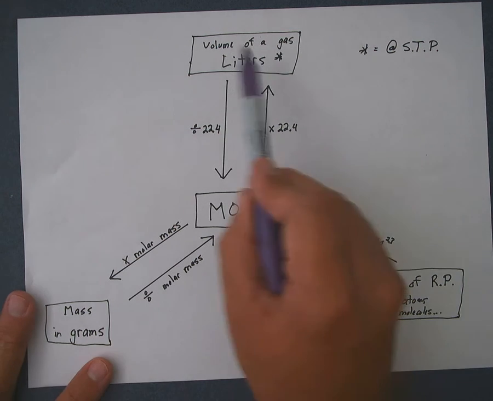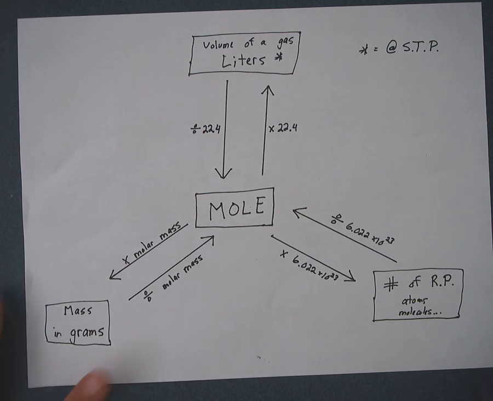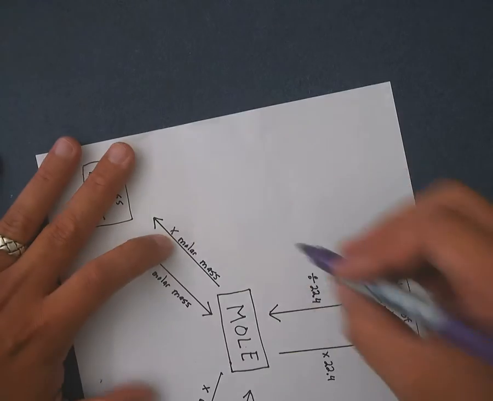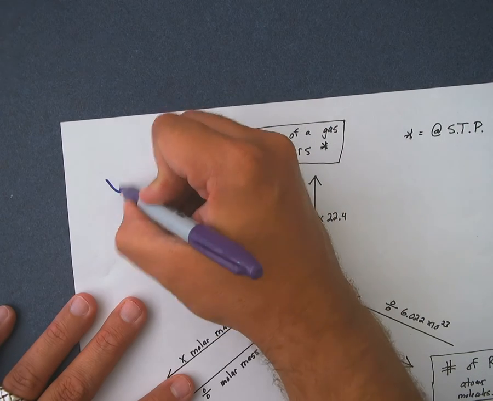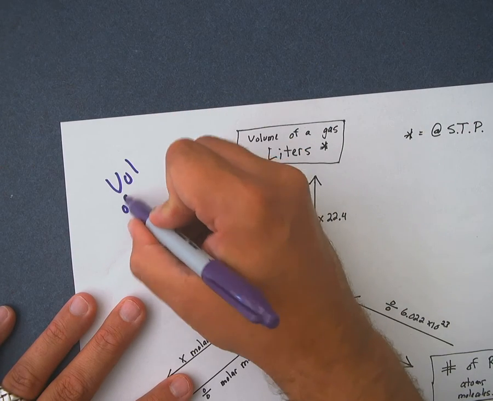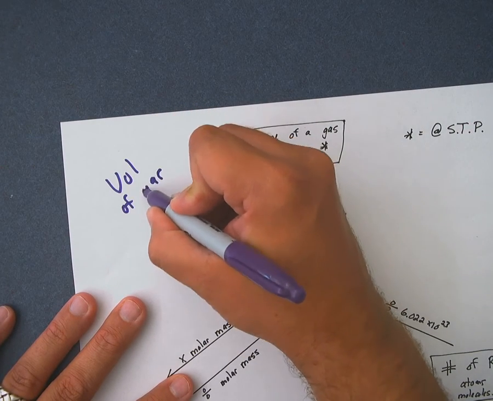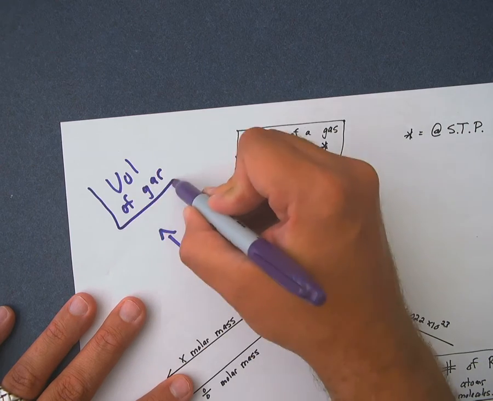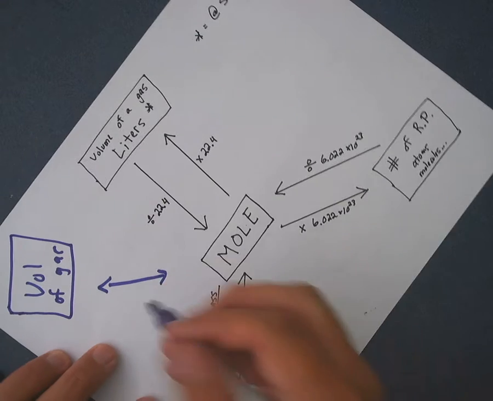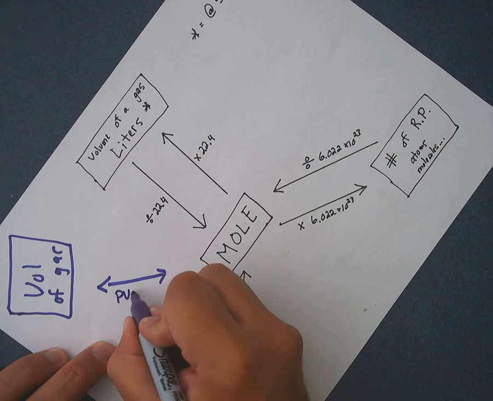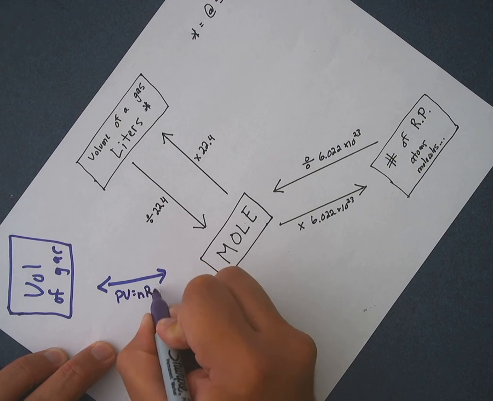And then we have this area, volume of a gas in liters, but we can also go back and forth to volume of a gas if we are not